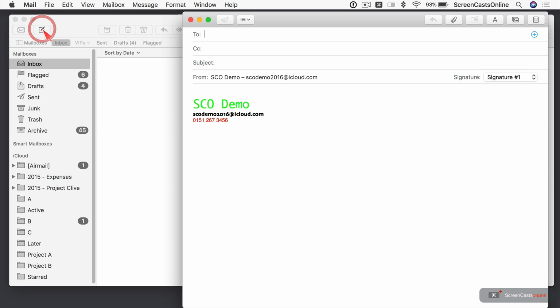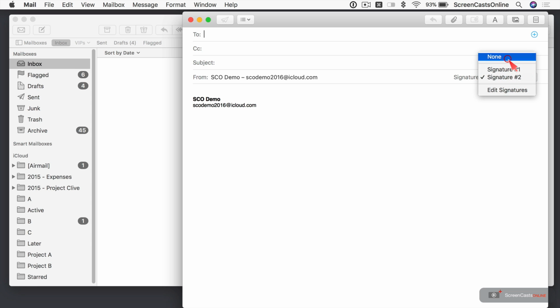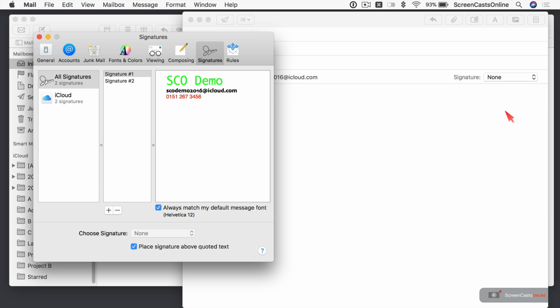Now if I create a new email, you'll see it's defaulted to signature number 1, but I can select signature number 2, or say no signature. I can also go back and edit signatures as well. So that's working fine on my Mac. Now I can copy this particular signature across to my iPad or my iPhone and use the same signature there. It doesn't synchronize automatically. You have to set it up separately, but you can use, if you're using High Sierra, Universal Clipboard, or you can create an email, send it to yourself, and then copy this out of the email. But I'm going to use Universal Clipboard, so if I just copy that, Command C,